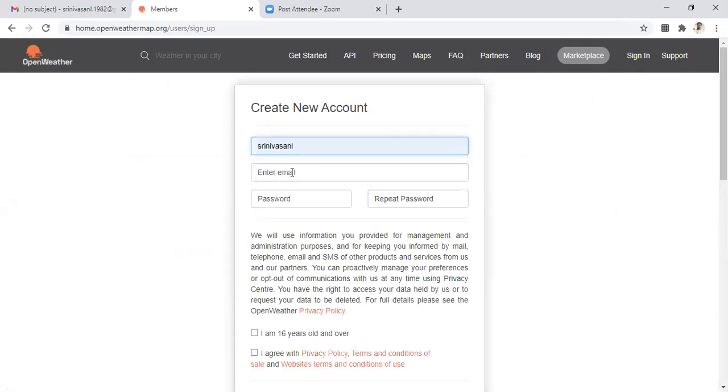Let me enter my ID. Any password you can keep. Use your Gmail ID.